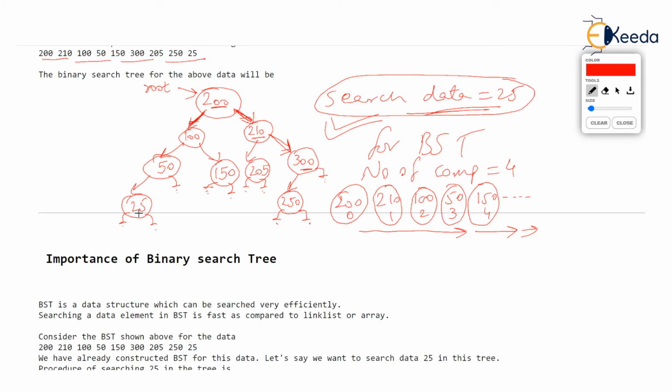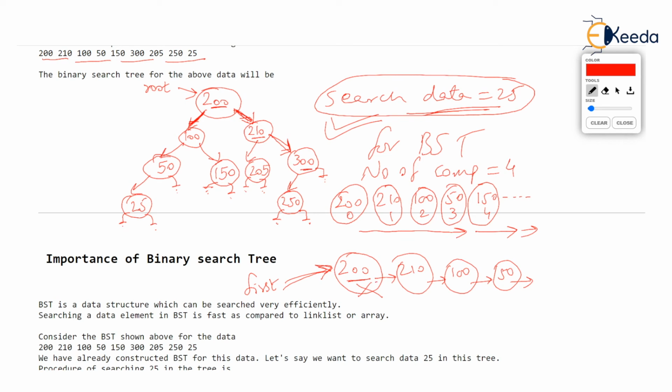The same thing will happen in a linked list. Suppose you store 200 in a node, and the next pointer points to 100, and this goes on. If you have created a linked list and the first pointer, as you all know, points to the very first node, and you are asked to search 25, then you can only go to this first node and ask, is it 25? No is the answer.